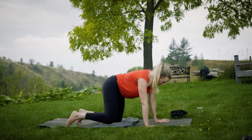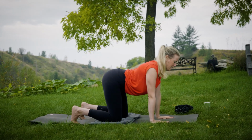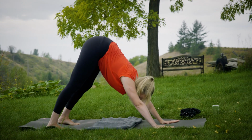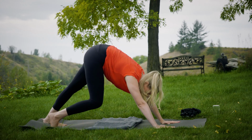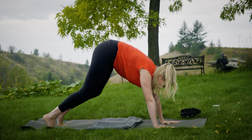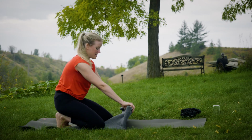Hands below shoulders. Knees below hips. Inhale, forward into cow. Exhale, downward dog. Take your time here, pedal your legs out. And then from here, slowly coming to your knees. Now removing your blanket,